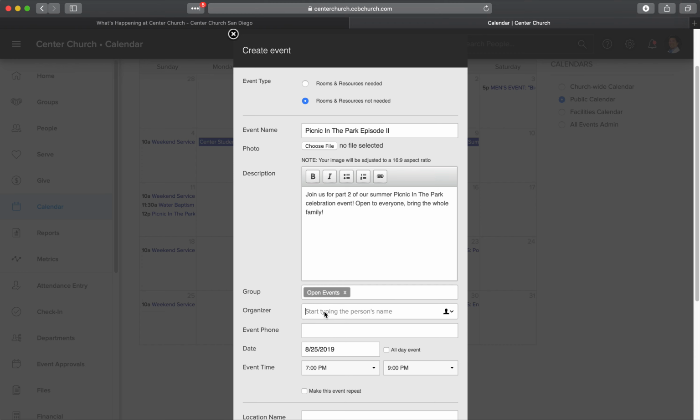And then next you want to type in the organizer. So in this case, I wouldn't be organizing this. This is probably something Pastor Marcus would do. So let's put in Marcus. And then next you can put in a phone number. So this is just, again, so that if somebody had any questions, obviously they could contact you. And I'll just put my phone number in here